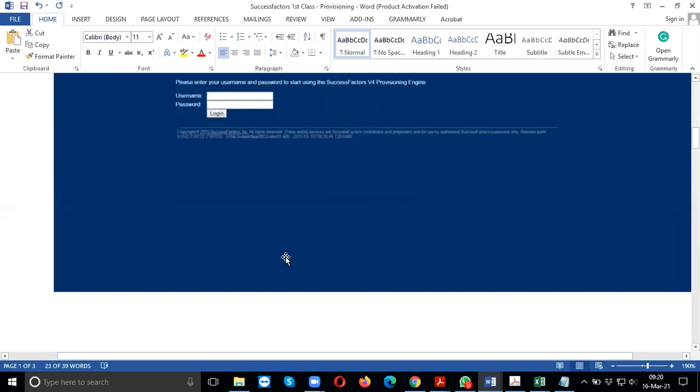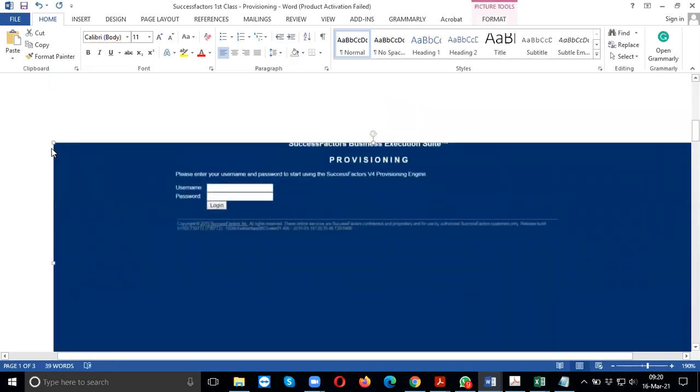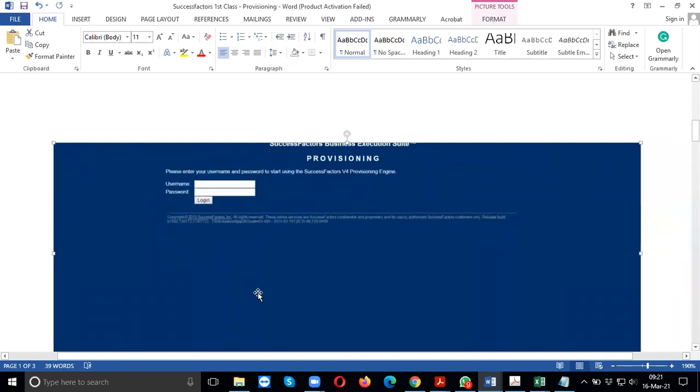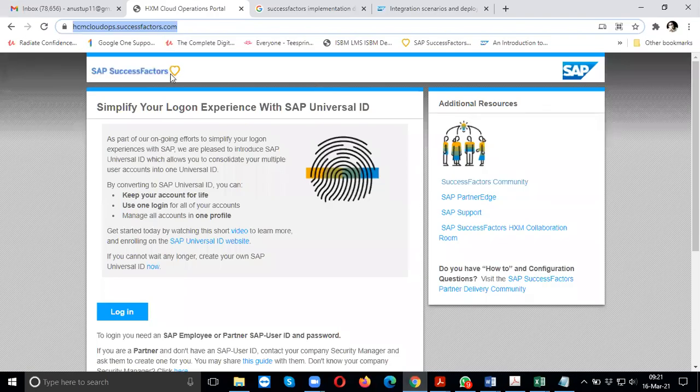Suppose you are looking at the SuccessFactors implementation afresh from today. Your company has procured the license already. Now you are the project manager, so you have sent this detail to hcmcloudops.successfactors.com, and they have shared the login IDs with you.